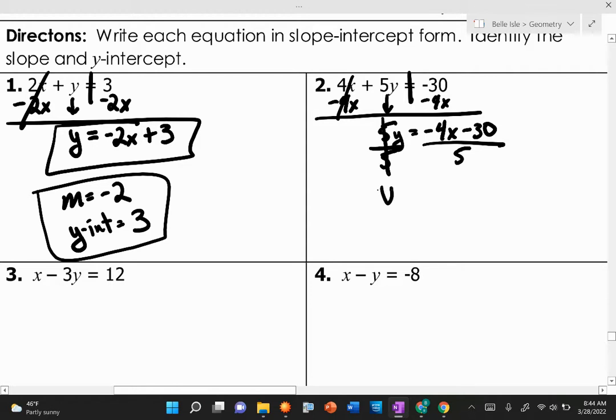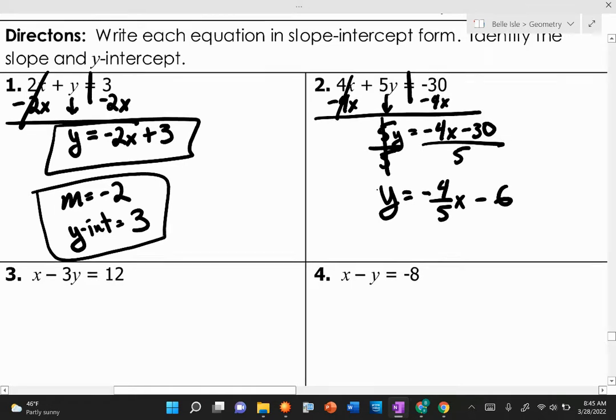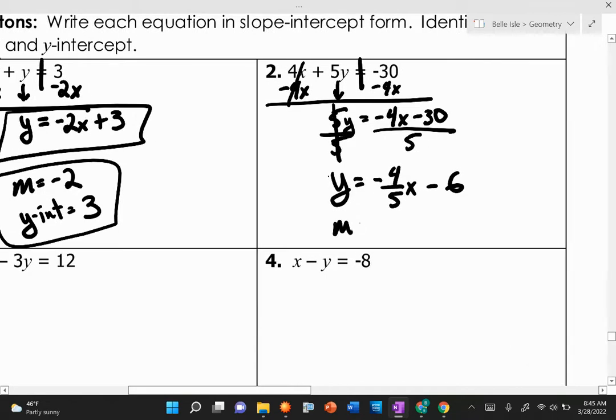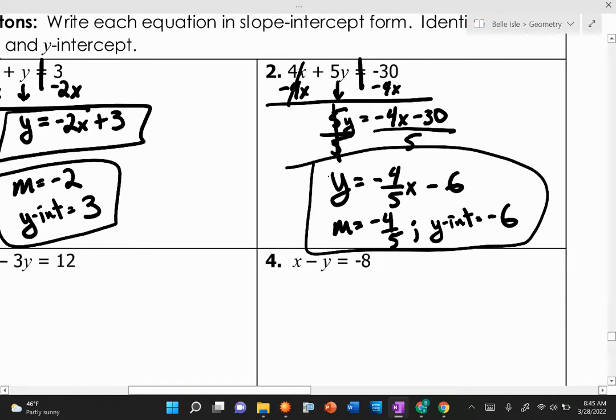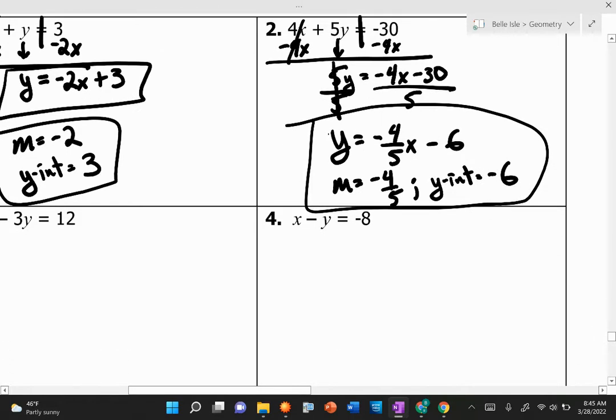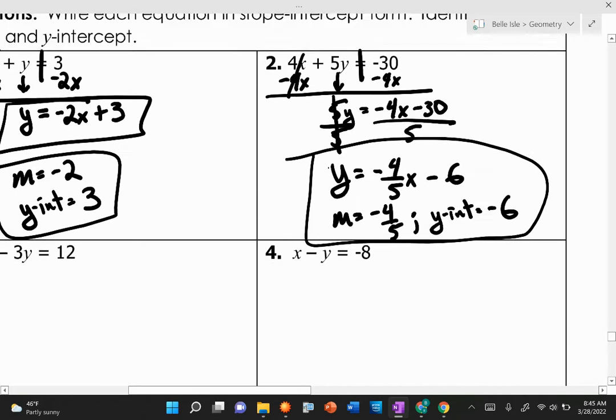The 5's will cancel out and give me y equals negative 4 over 5x minus 6, because 30 divided by 5 is 6. Which makes your slope negative 4/5 and makes your y-intercept negative 6. Okay? Again, just solving for y. That's really all we're focused on